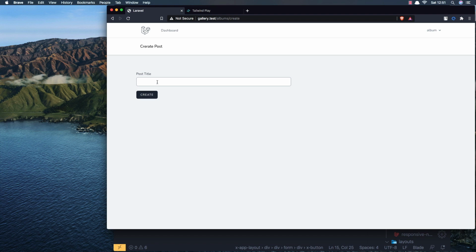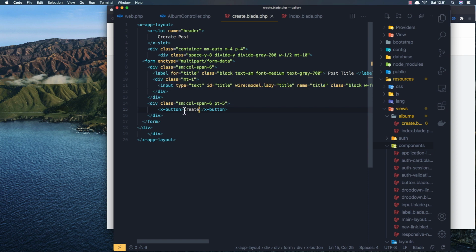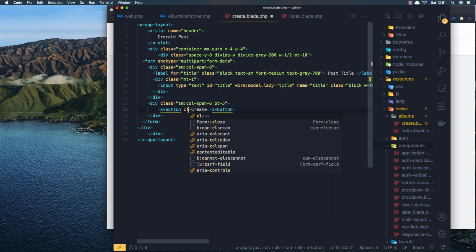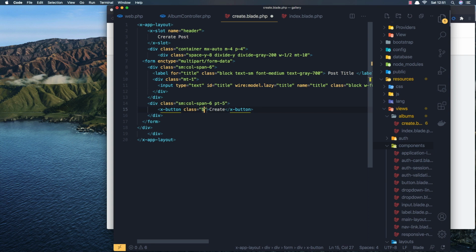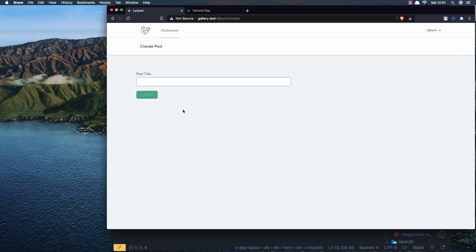Okay, we need the title and the create button, and I'm going to add a class with a BG green 600, save, refresh, yeah, we have the button here. Okay,